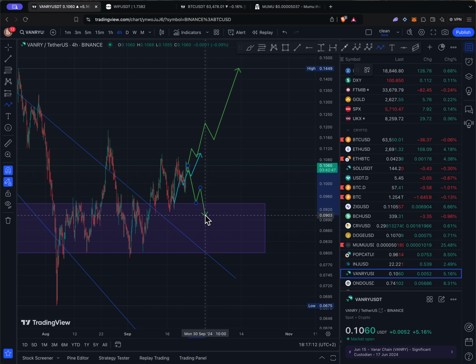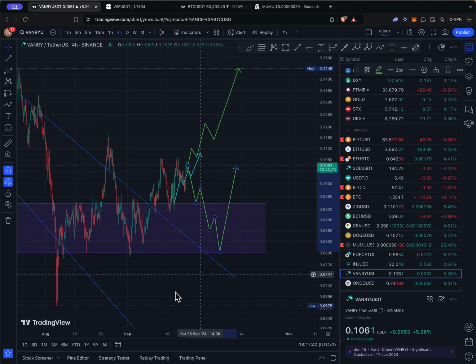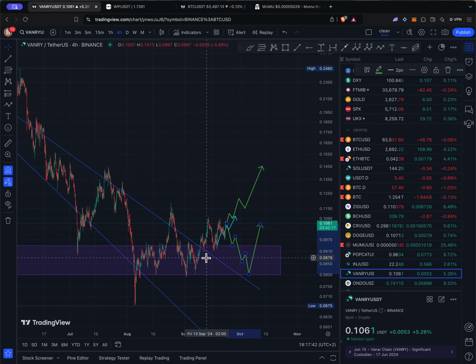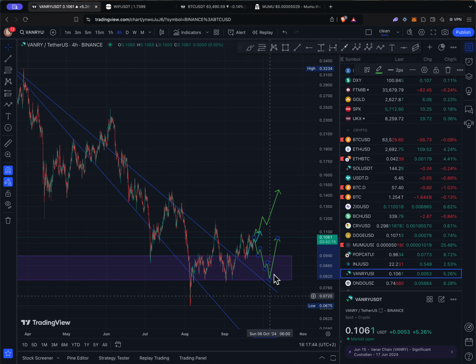So what can be called a dead cat bounce, but the dead cat bounce normally refers to after the blow off top, the new entry for retail, that thinks, oh, okay, it's just bouncing, now we go towards a new all-time high, but no. So this is the bearish scenario. I can see something like this, and this is the line where either we bounce hard or Vanry is really done from my point of view, because if we go lower than this,